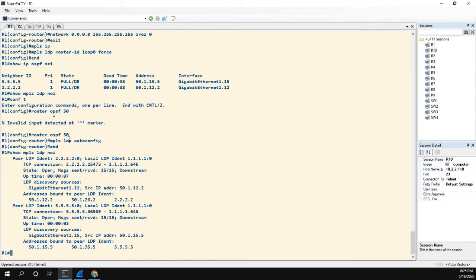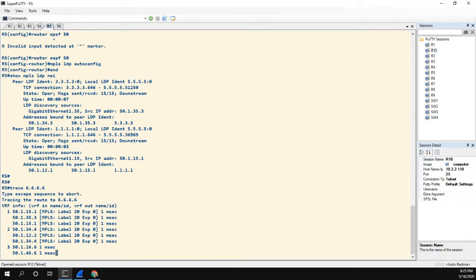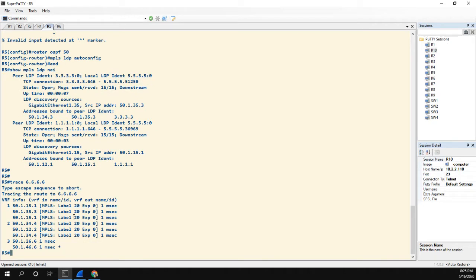There is one more thing I do want to do though, and this is more of a troubleshooting thing than anything. So let's say I go to 5 and I ping over to 6, which are my 2 PE routers, or so let's say trace, I'm sorry. If I trace over there, you can see the labels are not too descriptive, but that's because the labels are locally significant only. So in my case, I'm going to go to each individual router,